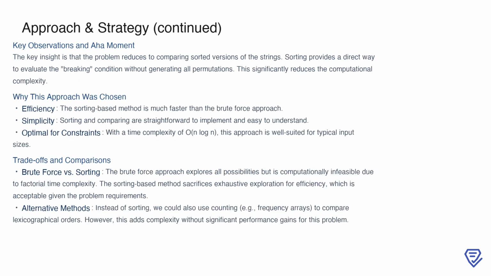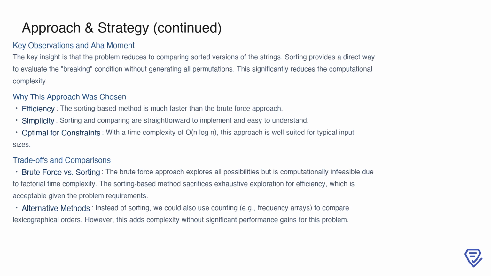The key realization that simplifies this problem is that sorting the strings reduces the complexity of checking the breaking condition. Instead of exploring all possible permutations, sorting allows us to directly evaluate the relationship between the two strings. This insight is crucial because it transforms the problem from an infeasible factorial time complexity to a much more manageable O(n log n). Sorting not only improves efficiency but also simplifies implementation, as we only need to compare characters in